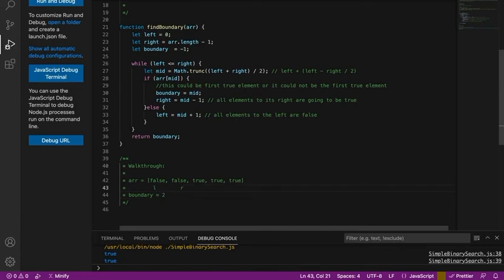All right, and now that we have our left and right pointer here, just so it is easy for you to identify what index is which one. This is index 0, this is index 1, this is index 2, index 3, this is index 4. And because our middle element's index was 2 and the middle element was true, we have updated our boundary as